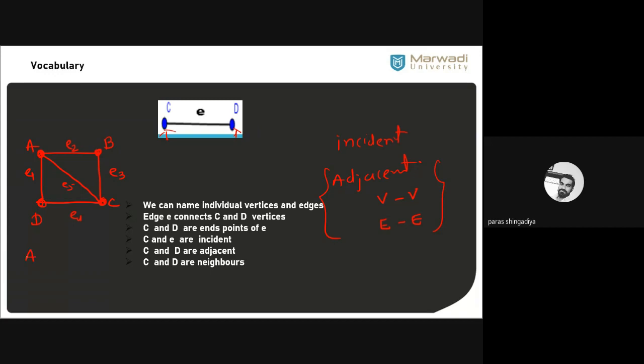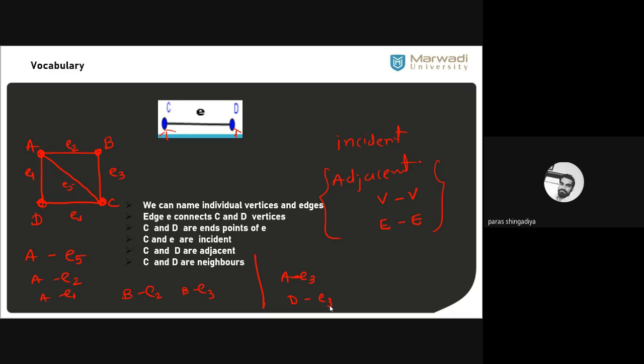Now we check the incidence relation. So we can say that A and E5 have an incidence relation, because A and E5 are connected. Similarly, A and E2 have an incidence relation. A and E1 is an incidence relation. Now change the vertex: B with E2 has an incidence relation. B with E3 has an incidence relation, but A with E3 does not have an incidence relation. A, E3 के साथ connected नहीं है. Similarly, D with E3 does not have an incidence relation. Clear? If an edge is connected with the particular vertex, then this relation is called the incidence relation.